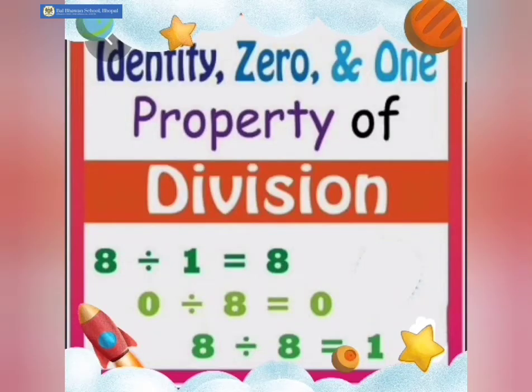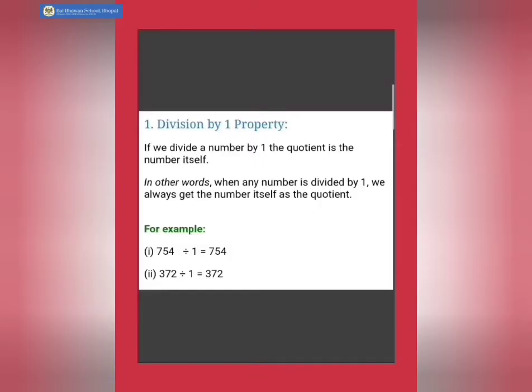Now let us revise the properties of division. There are basically 3 properties of division. Let us revise through some examples. The first property of division is, if we divide a number by 1, the quotient is the number itself. It means, as you can see in this example here,